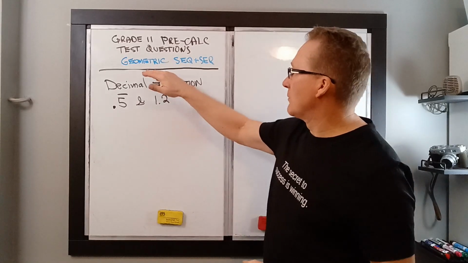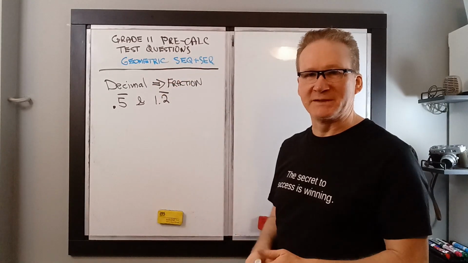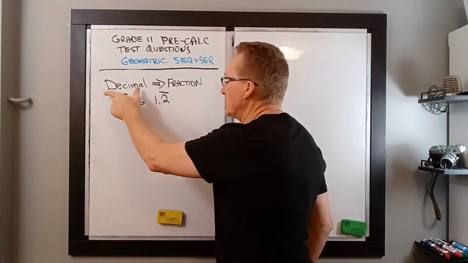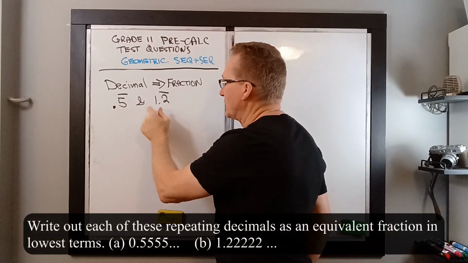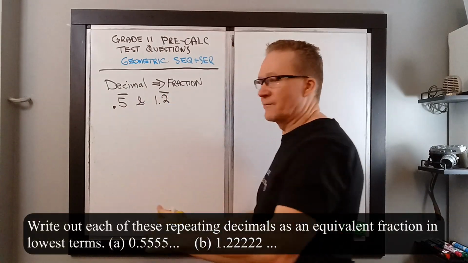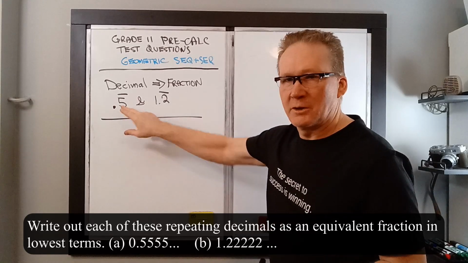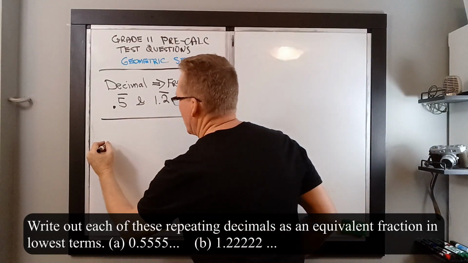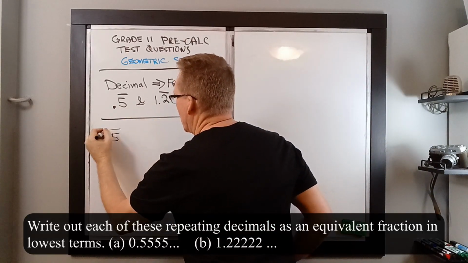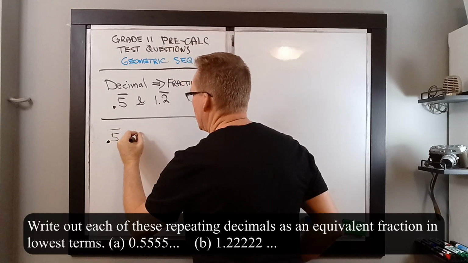Hi there, we have one more problem here in geometric sequences and series, and what we want to do here is take this decimal, we've given you two different examples, and convert it into a fraction in the lowest common form. If we want to look at this first one here, what does this mean? It's a bar on top. 0.5 with a bar on top means